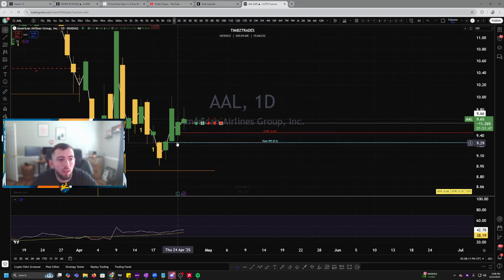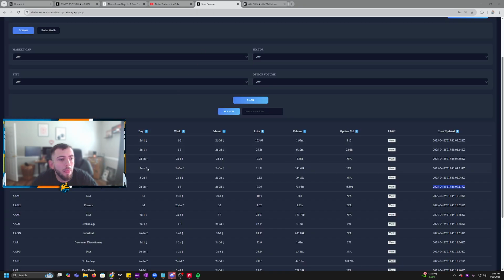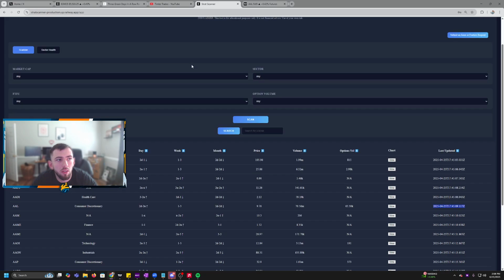Now eventually, of course, we're going to add additional logic to account for the previous candles, such as 322 or 312 or 212 or things like that. At the moment, I haven't done that. So that's the beauty of it: it'll take you right to the stock and you can see the options volume. Now, one thing you might be thinking about is